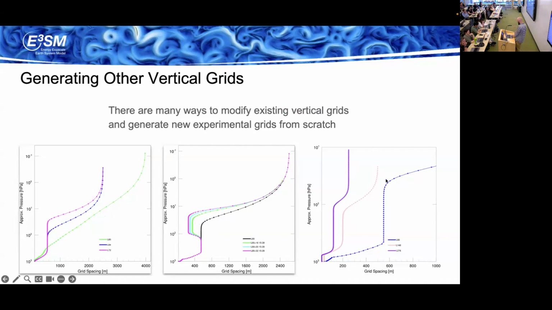And then on the right here, I mentioned the other day in my talk about the MMF, how you can brute force low clouds to develop in marine stratocumulus areas. And these are the grids that I use to do that. So I've zoomed in, the blue here is the L80 grid. And you can see that the spacing of these two grids is much, much finer. So you can resolve a very sharp inversion over the cloud layer, as well as explicitly resolve the turbulence in the boundary layer. So you're getting to LES scales there.